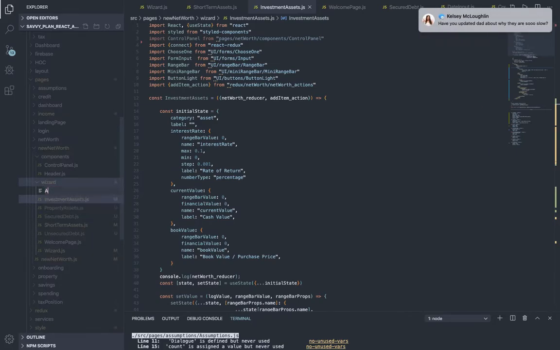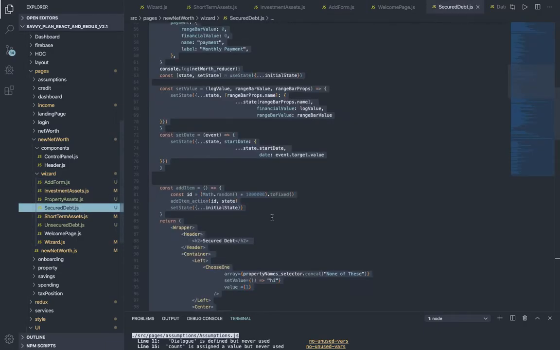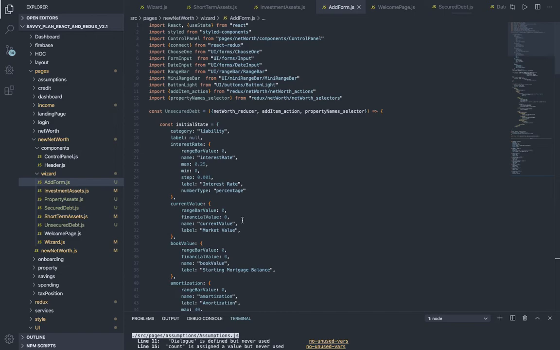I'm going to make sure it's capitalized. There we go. And I'm going to copy everything from Secure Debt because that's my latest version. So in the add form, I'm going to be doing this. Now, initially, we're going to try to be adding it